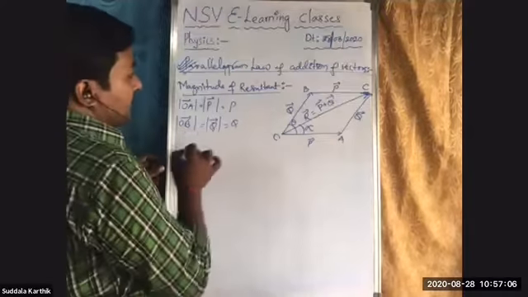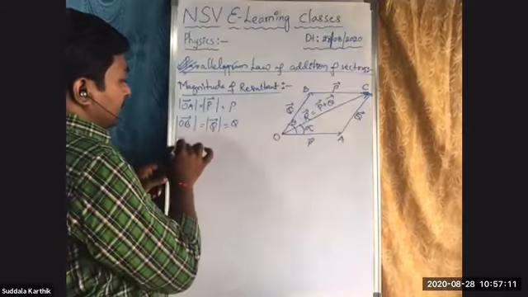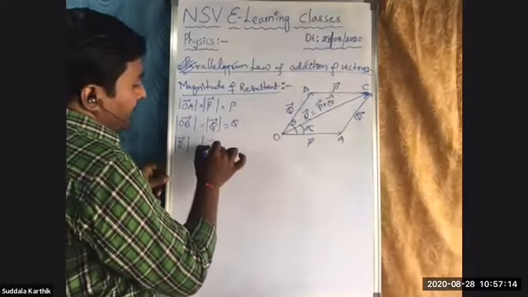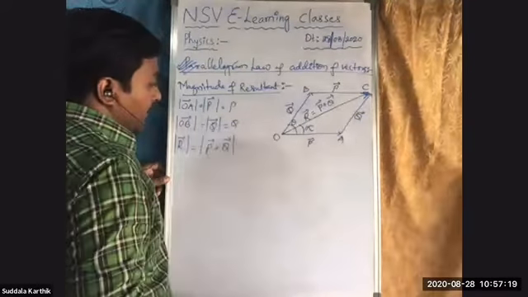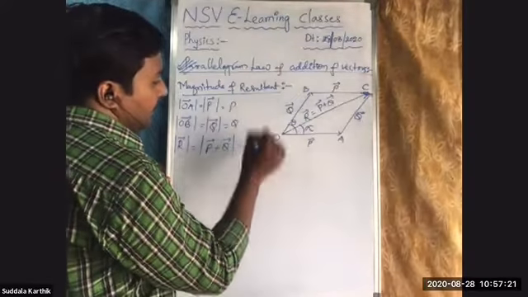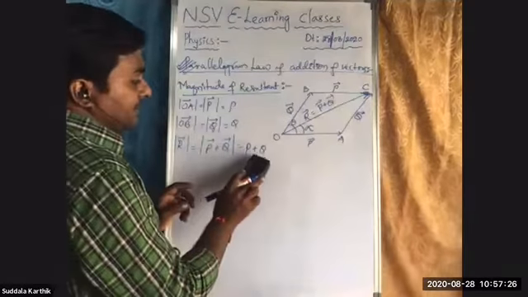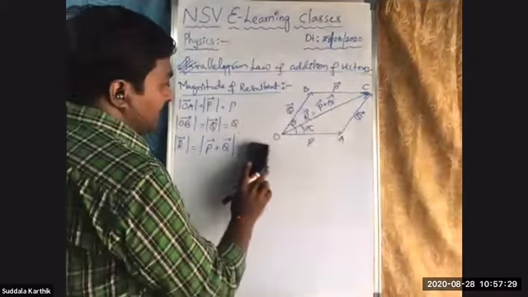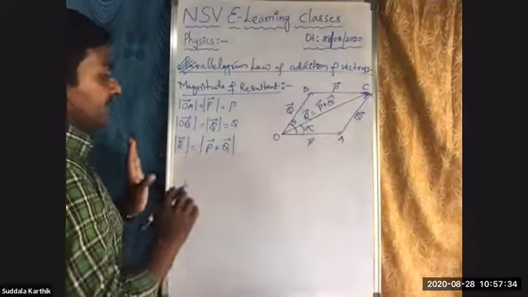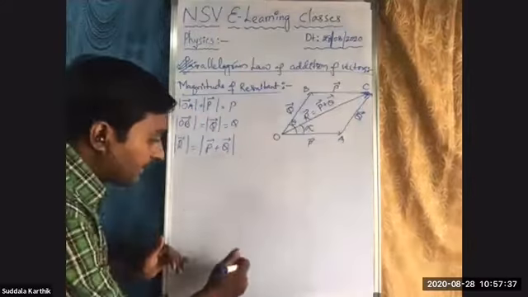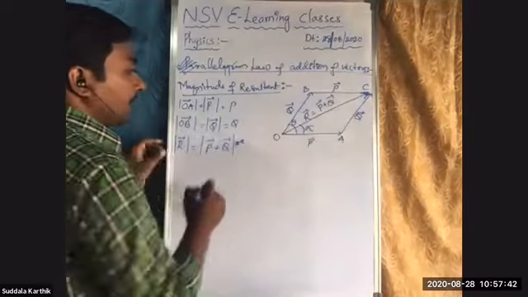Then the resultant vector magnitude I want to find. So for that purpose, R bar magnitude is nothing but the magnitude of P bar plus Q bar. You can write this as P plus Q, but directly, if you write like this, it is not a correct way, because P plus Q, 2 plus 3, that's it. But the angle is there. For that purpose, I am not writing like this. Meaning of this one is what? For that purpose, I am calculating the formula, deriving it for this one only.